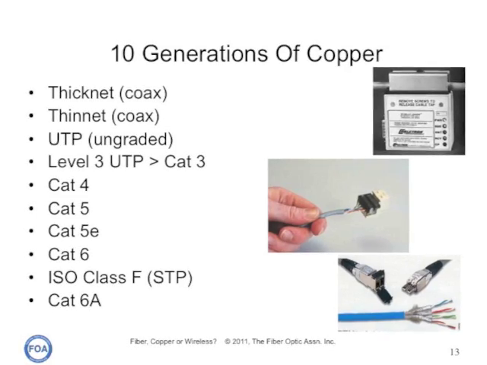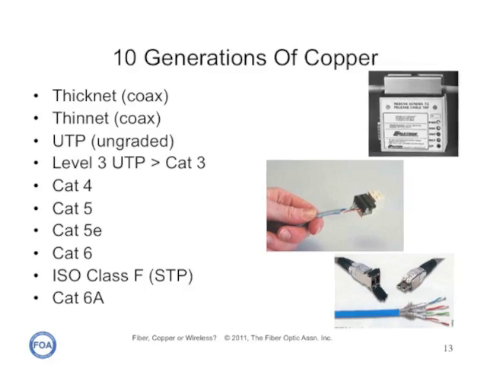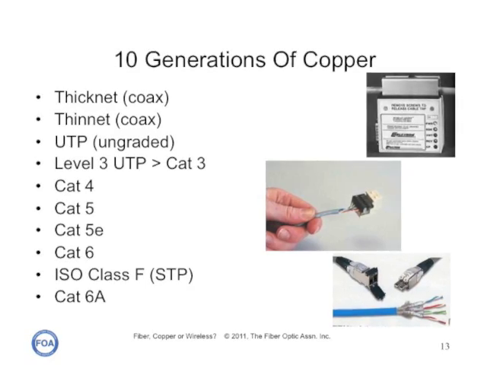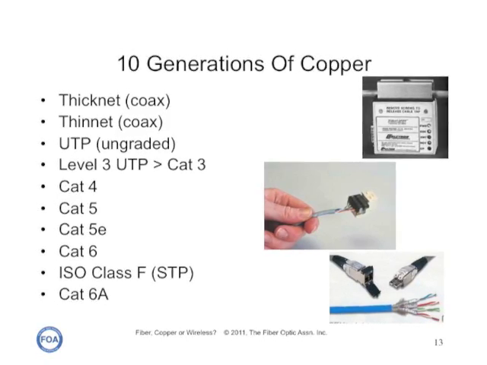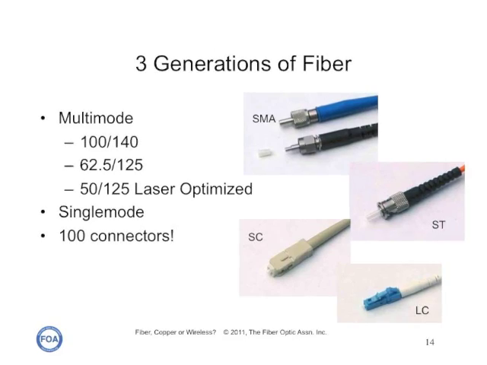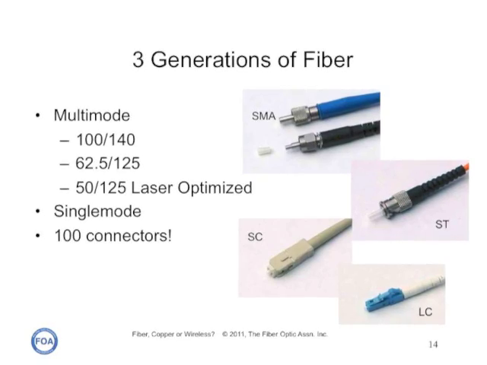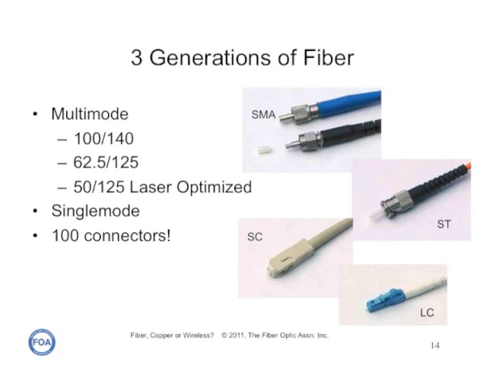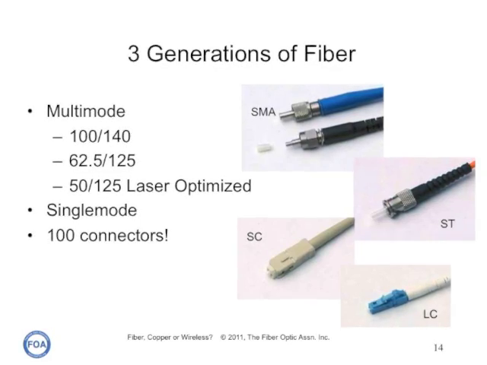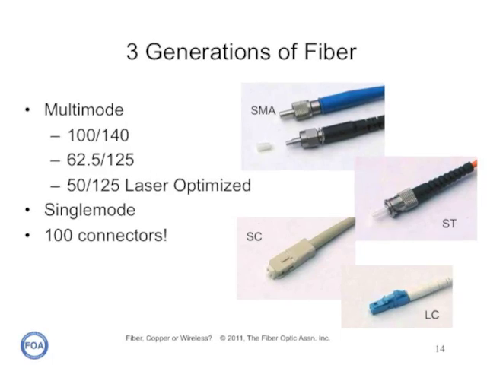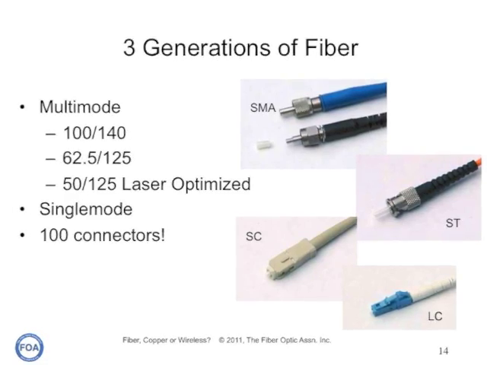Over the history of local area networks and copper cabling, we've literally been through 10 generations of copper, from the original Ethernet thicknet down to category 6A today. In the same time frame, we've gone through only 3 generations of optical fiber, but we're about to start a 4th, as very high-speed networks are tending now to go to single-mode fiber. The one thing which fiber has had to its disadvantage is during the same time frame, we've seen 100 different fiber optic connectors. Fortunately, only a few have become popular.